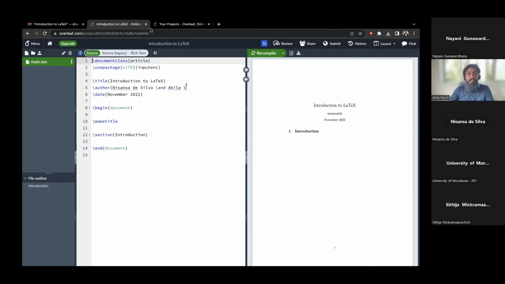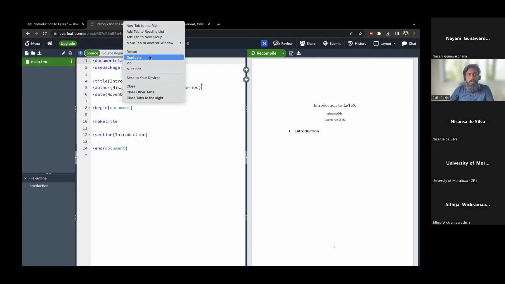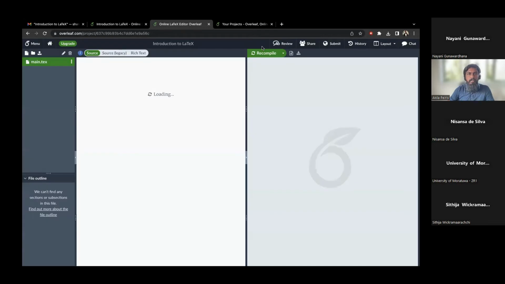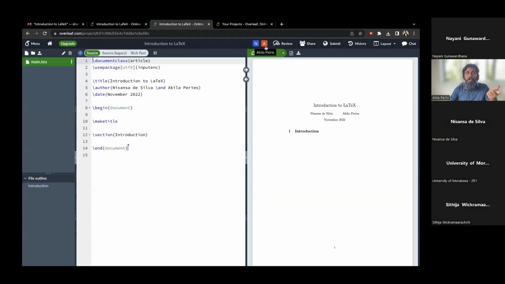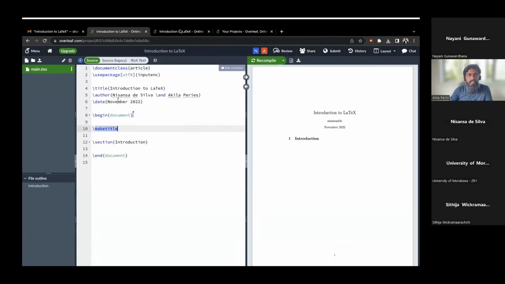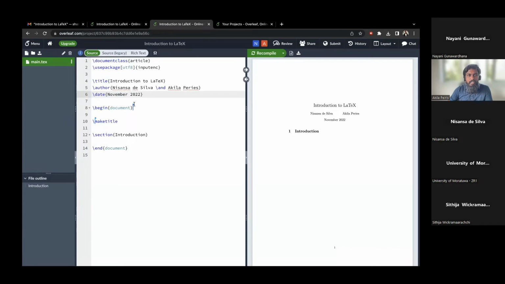If you also have another instance open, it would show my other instance as a separate entity. So here is my cursor from this window, which I will place over here. This indicates the number of people working on this project currently. Back to you, Dr. Nisansa.